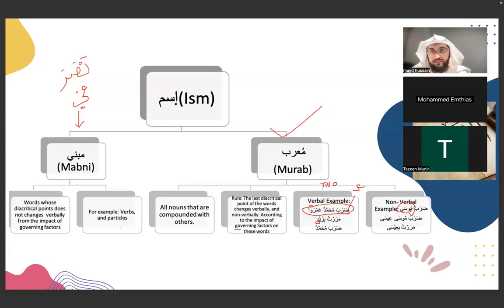And how do we understand? This is how Arabs have used it and this is how the Quran has used it. Based on that, the scholars have kept this word under the category of mu'rab. Ideally, it should have two fatha, two kasra, and two dhamma, like the verbal examples. But here we don't find it. It looks as if it is from the mabni. But since the Quran and the scholars have included this,